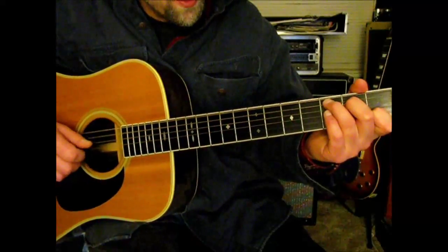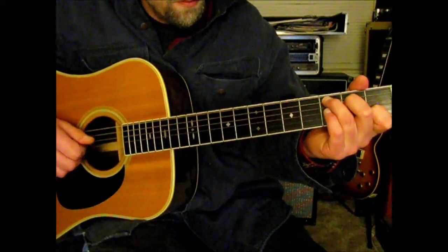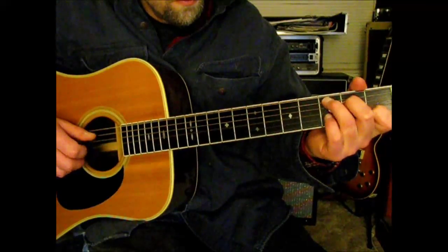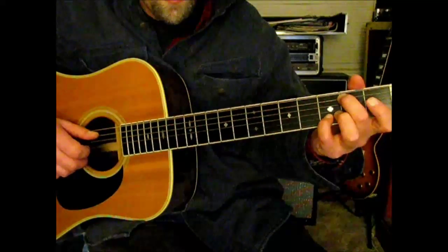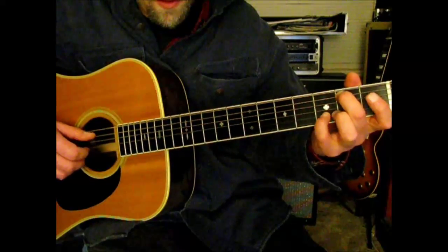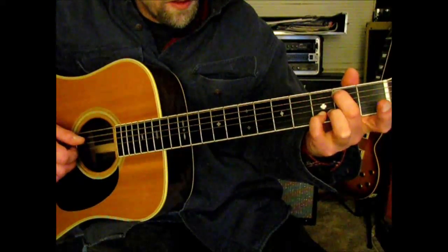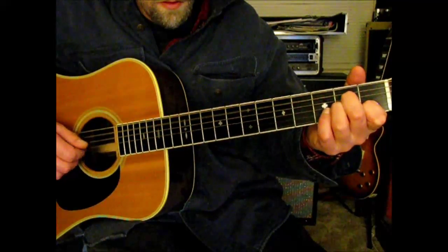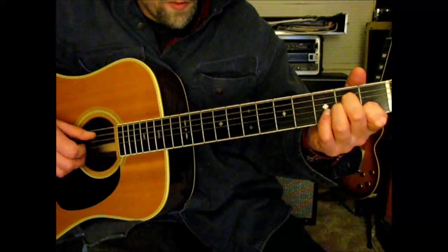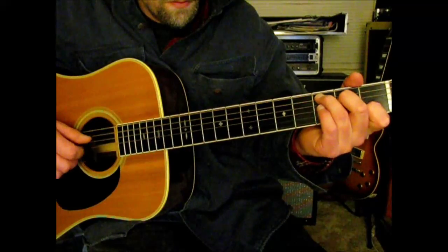Okay, now we start changing chords differently. We're gonna go C, G with a B in the bass. So that's just, see that there, and then A minor, twice on A minor. Okay, so that's,